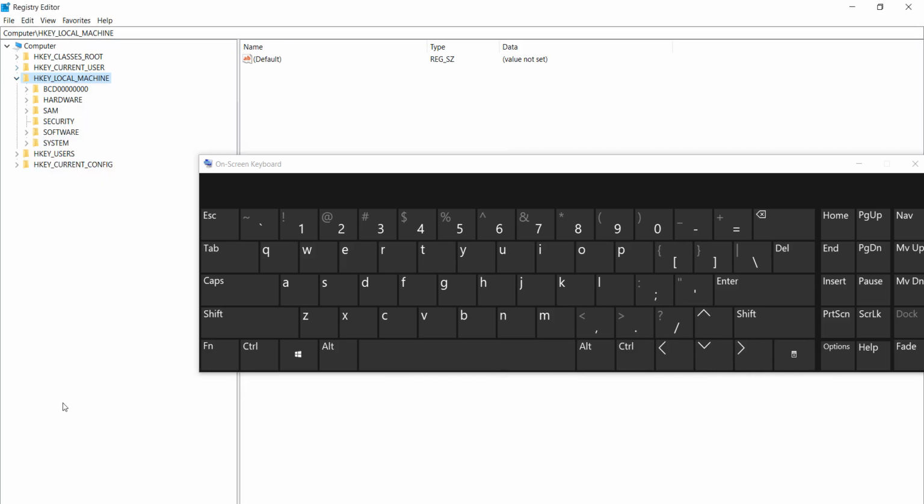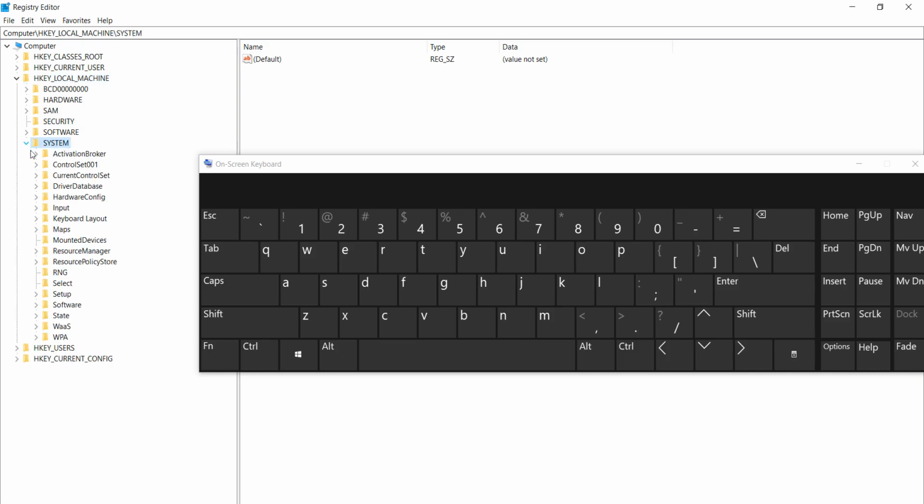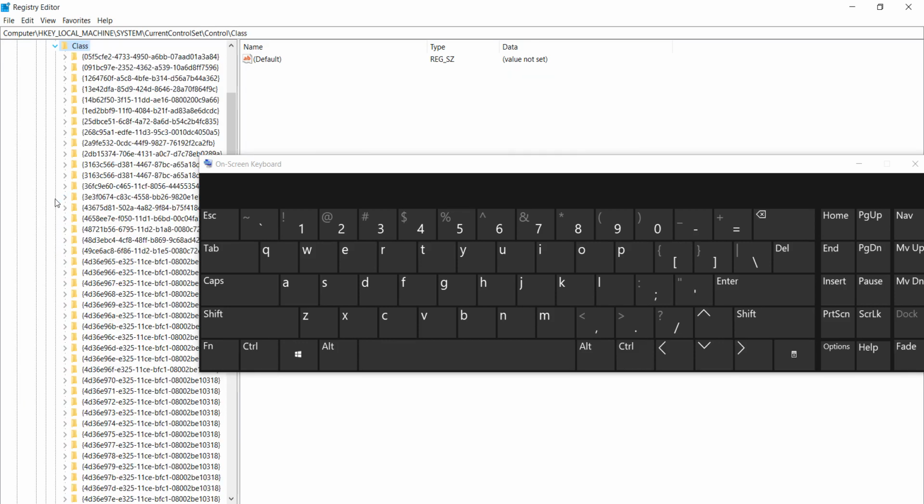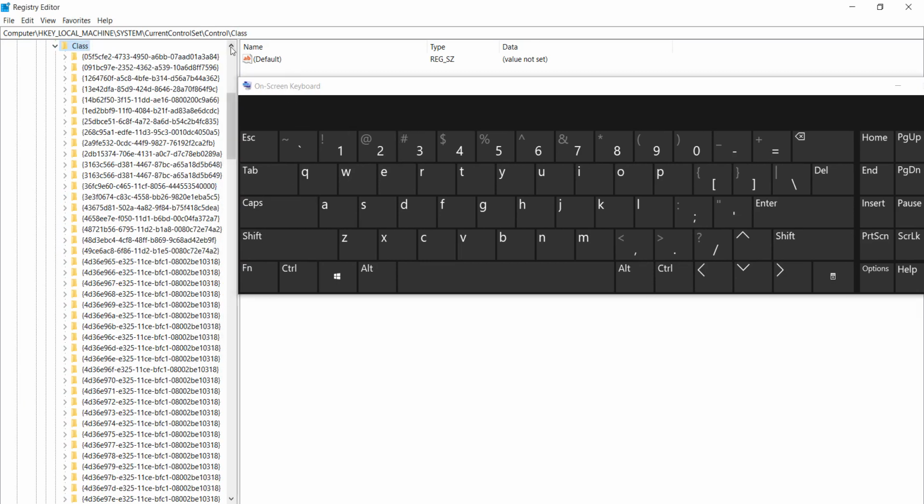After opening the registry editor, first of all expand HKEY_LOCAL_MACHINE, select System and expand it. After doing this step, select CurrentControlSet, expand it. After doing this step, select Control and expand it. After doing this step, select Class and expand it. Okay guys, after doing this step, find out